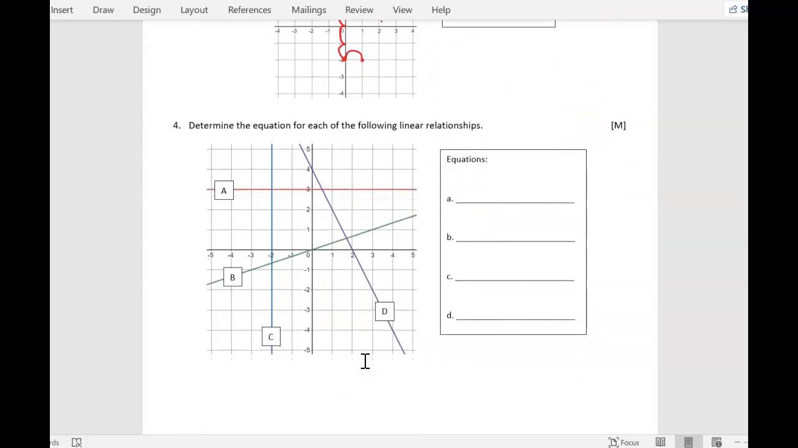And we're now moving on to the harder stuff. So this is the first merit type question available to us in this section. And we've been asked to determine the equation. And don't forget, an equation is something where there's an equal sign and there's something on both sides of that equal sign